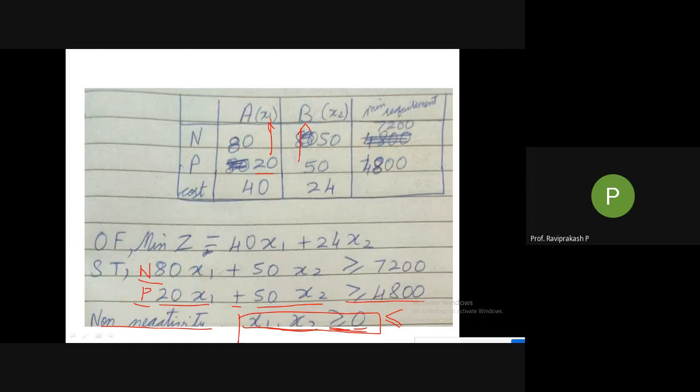In the exam also, if you get confused, there could be 2 to 3 questions on this. In some places they might have given you the formulation directly. Even then they should give you this non-negativity condition. Go there and check the sign. Whatever the sign is for non-negativity, that is greater than or equal to. If you want to write that, copy it. Otherwise, write it opposite. Did you get the formulation here, or did you get any confusion?